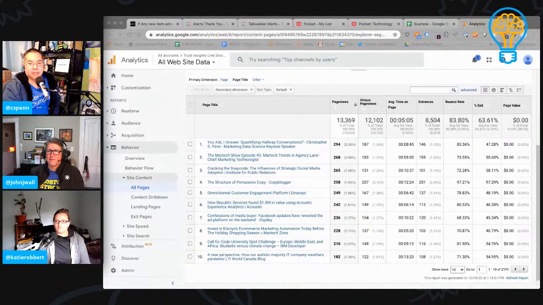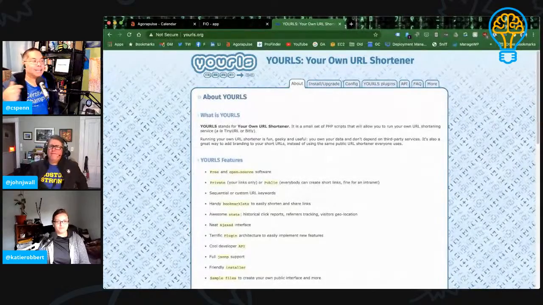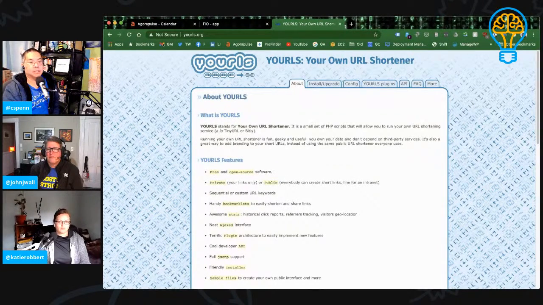So the beginner's method, which you talked about, which is using Pocket and using If This Then That, will get you 70 or 80% of the way there, especially if you're clever and you know how to tie link shorteners into a Google Sheet. You can then do 90, 95%. And then the more advanced version is running your own link shortening service and tying that into a back-end database that allows you to really process the data in advance, score it, make sure it's completely relevant to your audience, and then track to see what it is that is of interest to your audience.